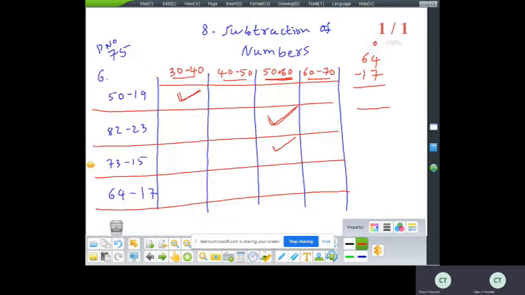Place values: 1s and 10s. Now subtraction on the 1s place: 4 minus 7. 7 is a bigger number than 4. We cannot take the bigger number 7 from the small number 4. Now we use borrow. We take a borrow from the beside number of 4. From 6 we take 1 ten as borrow. 10 and 4 ones, total 14 ones.